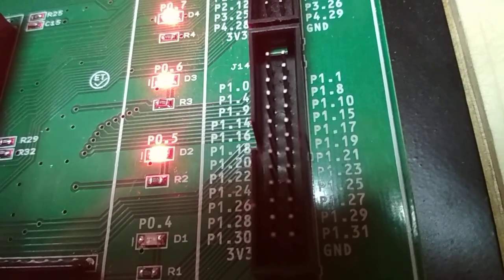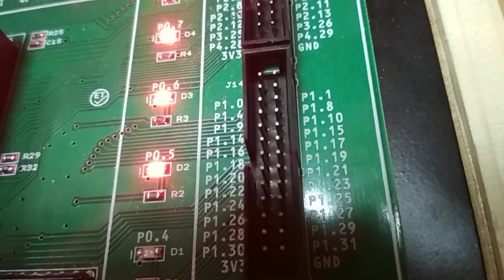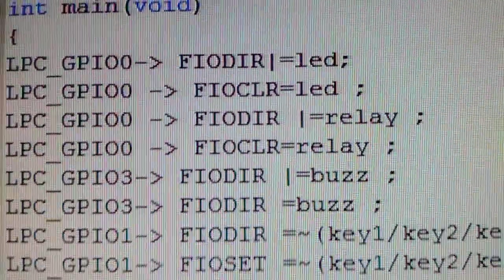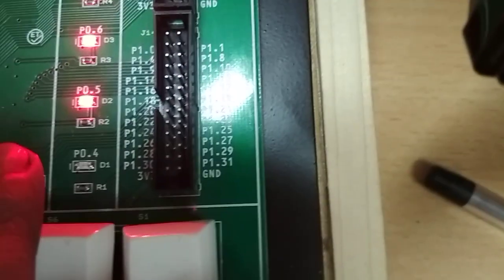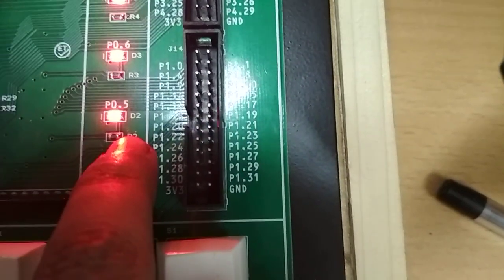Remember this P0.4, since in the program we will be defining these pins. So as I show that, I will display the other things. So just to remember P0.4.